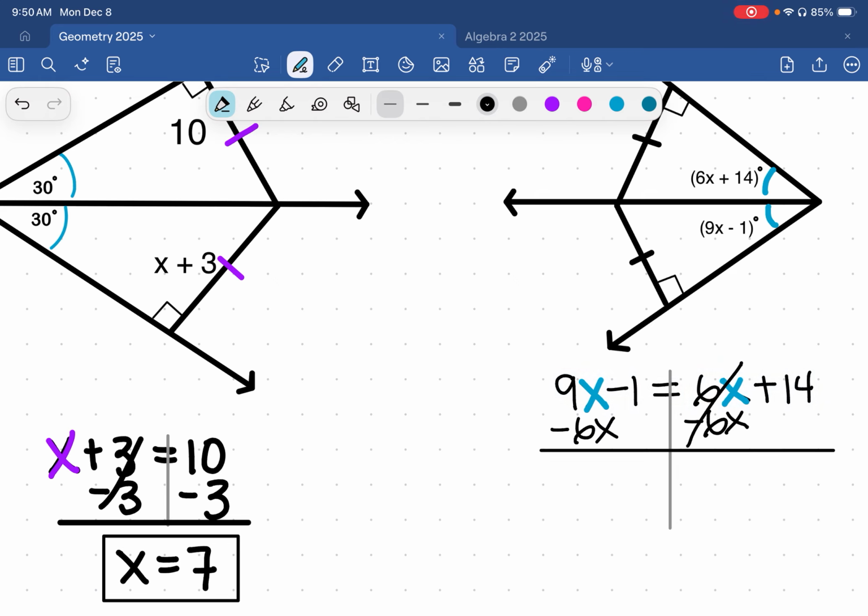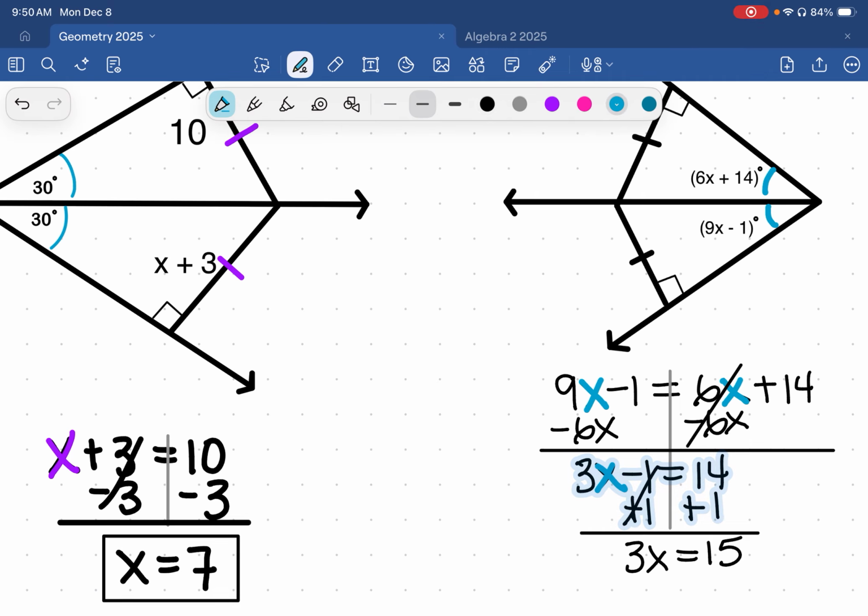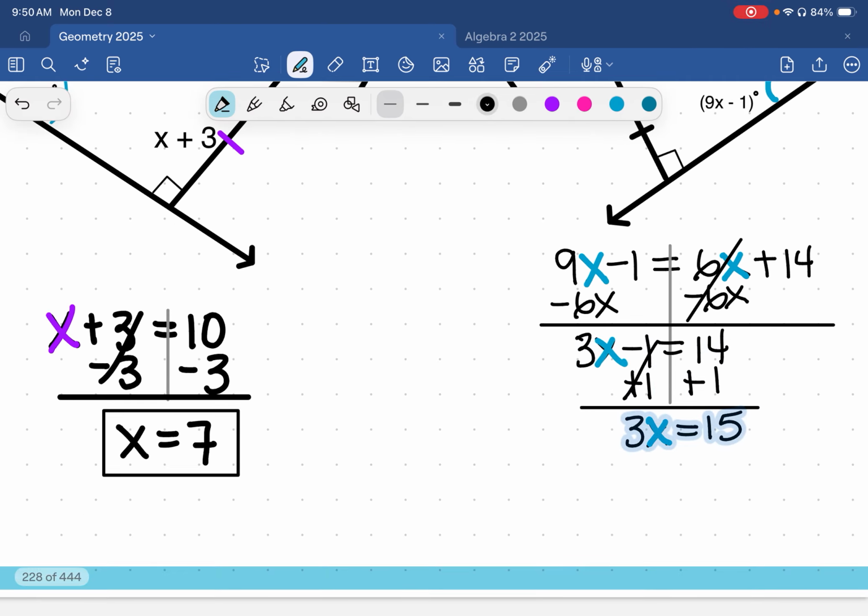I'm going to cancel it out, make it equal 0 by addition or subtraction, to create a two-step equation like we've been solving. Once I'm done solving this equation, just like the last one, I can go back and plug it in to make sure that my two lengths do in fact match. If I'm worried that I added, subtracted, multiplied, or divided